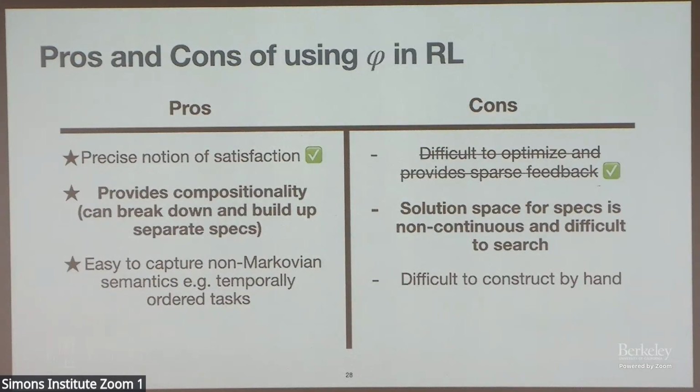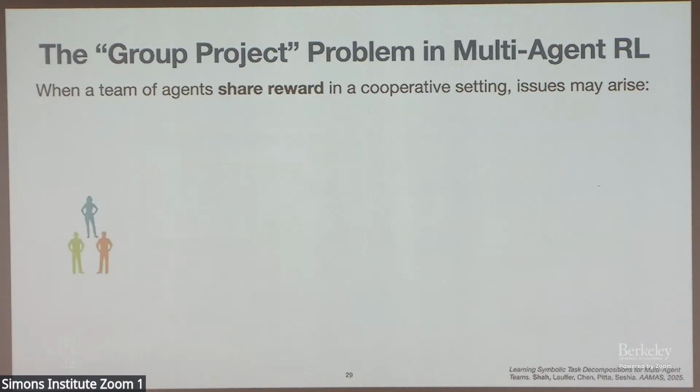Cool. So we talked about the pros and cons, and we talked about the first one. We somewhat mitigated sparsity, and we showed that precision is useful. One more thing I want to talk about with the time I have left is where compositionality can be useful, and how we can search through many possible correct specifications to find the right one that fits our setting. The space where this is really useful is multi-agent RL.